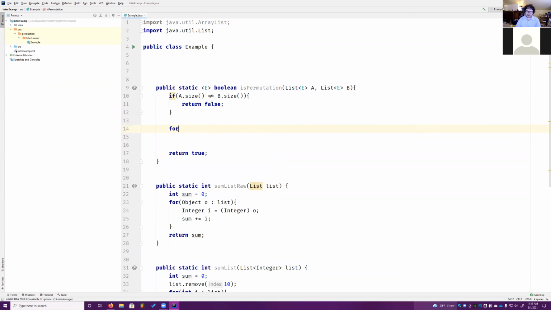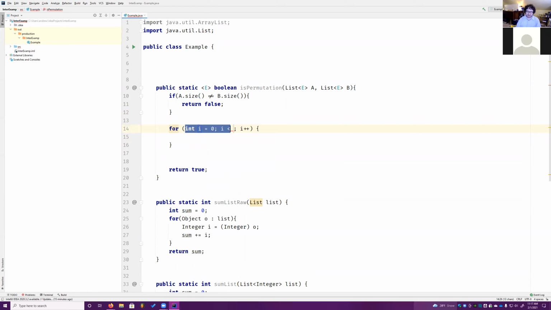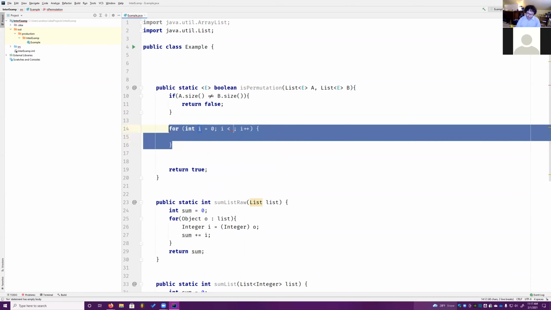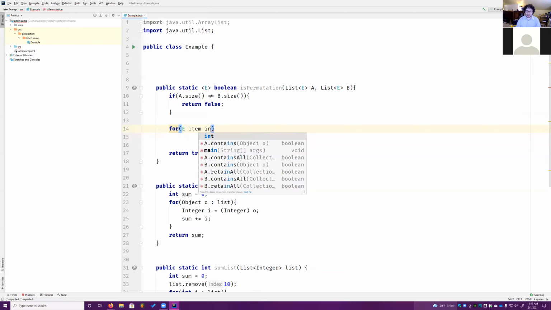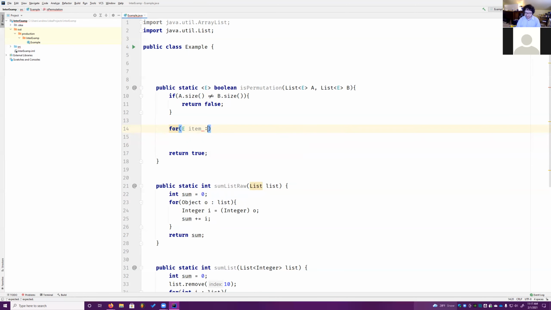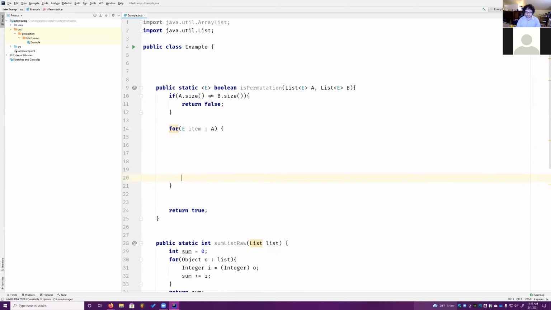So what I'm going to do over here is I'm actually going to do a for each loop because those are easier to write. And I'm going to do this without modifying either of these. So for E item, in Python, you use the in keyword. For each E item in A, and this is going to be rather silly. Okay, this is why I say there's really awful solutions to this. So what I'm going to do is that for every item in A, I'm going to count the number of times